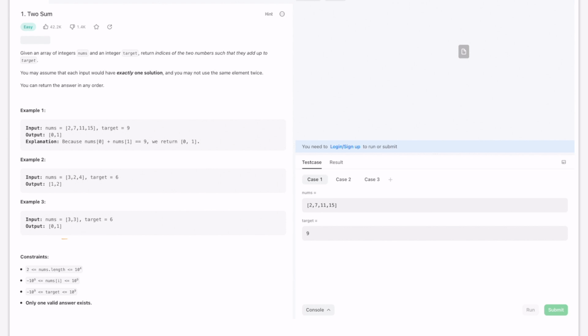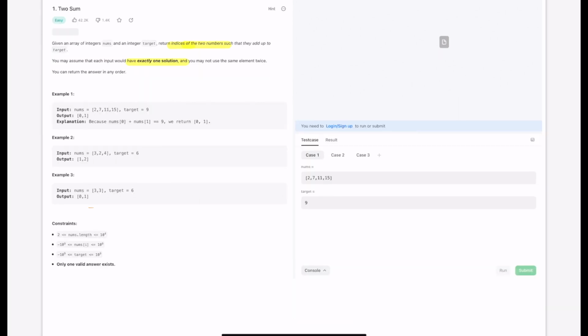Today we are going to solve the Leetcode problem Two Sum. Given an array of integers and an integer target, return the indices of two numbers such that they add up to the target. So let us try to look at example 1. 2, 7, 11, 15 are the elements of nums, and 2 and 7 add up to